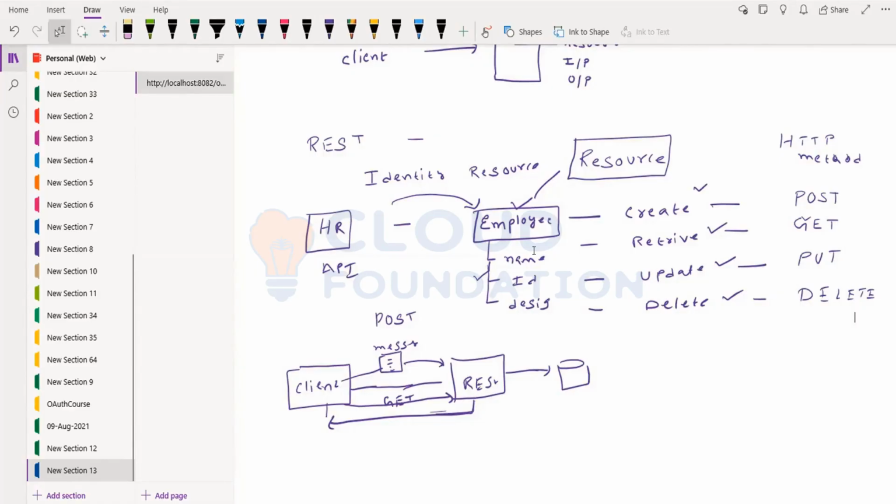You want to create a new employee. Yes, create a new employee is a POST method. And when you want to update, you will use a PUT. Exactly. Retrieve is GET. So for example, when we GET and DELETE, maybe GET is very straightforward. But when we POST a new employee inside the employee object,